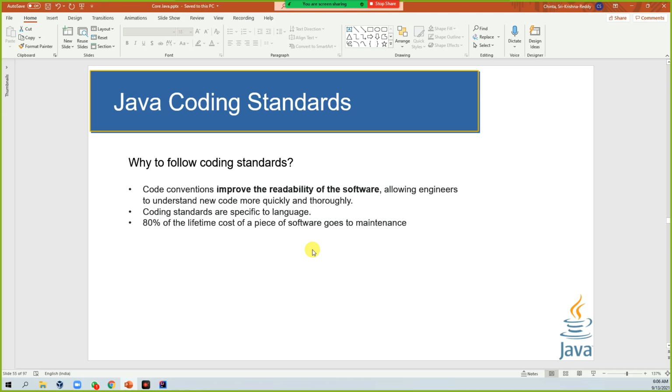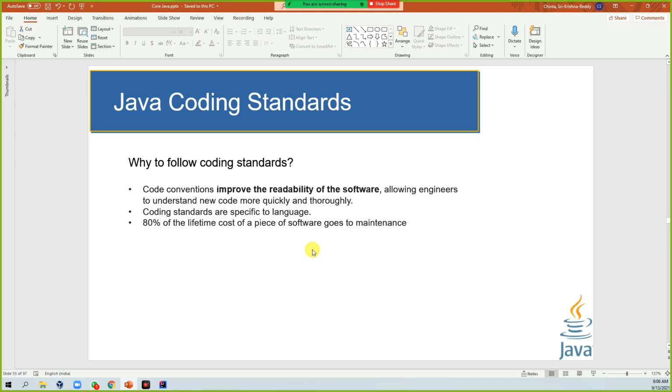Maintenance is a very key role when you develop any software. Maintenance means you develop the software, and on top of it you add external features, and that application goes live. If any issues come up, they are going to be fixed by some other developer.